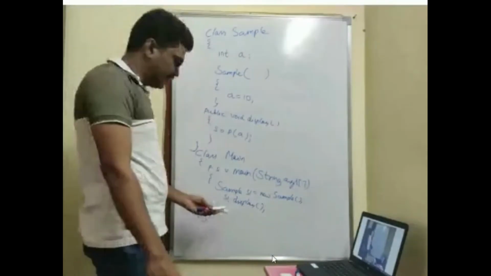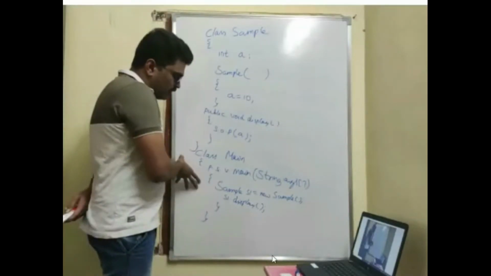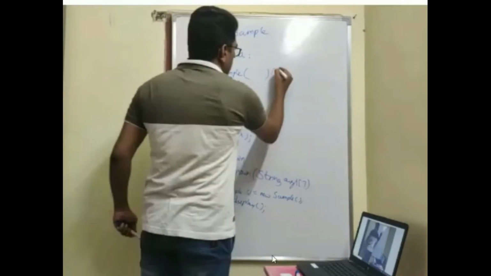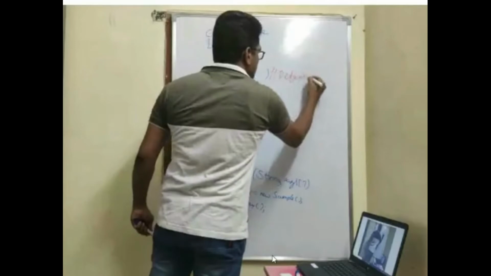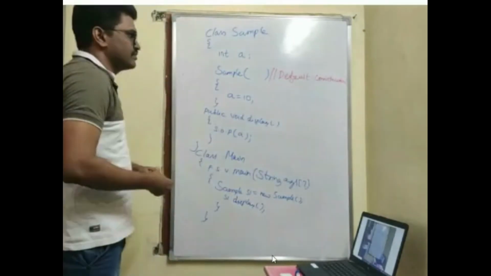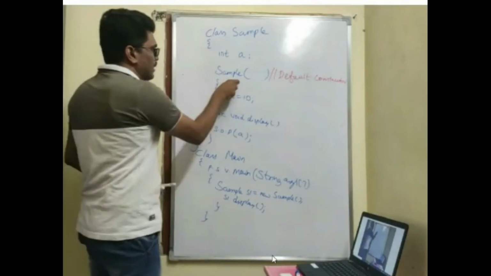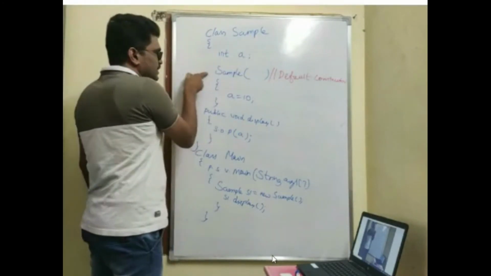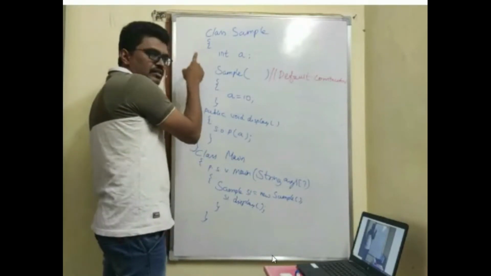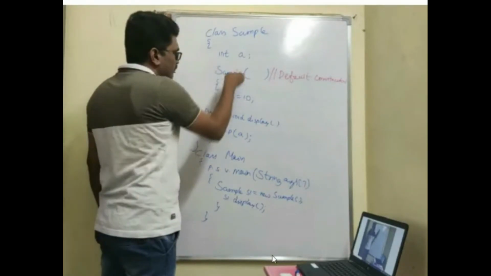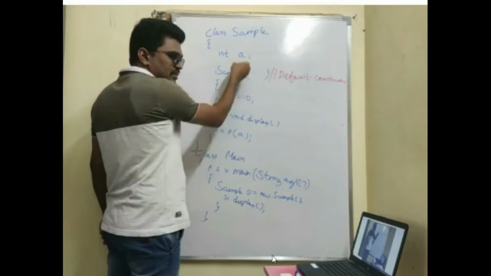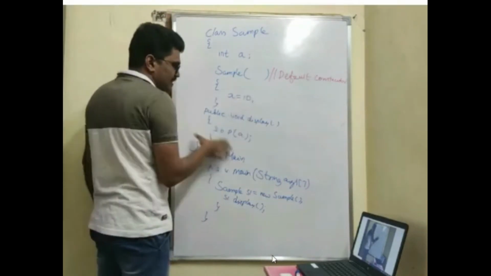So now this is the class and this is my default constructor. The name is same as class name. Access specifier I did not specify. If you want, you can specify. It can be either public or private. Now I've given a value for this, because the main purpose of constructor is to give values. So this is a method which is displaying the value.